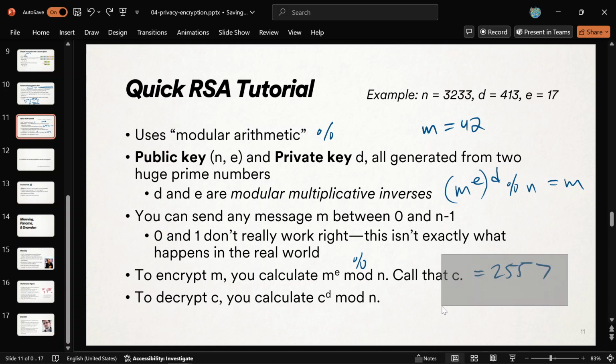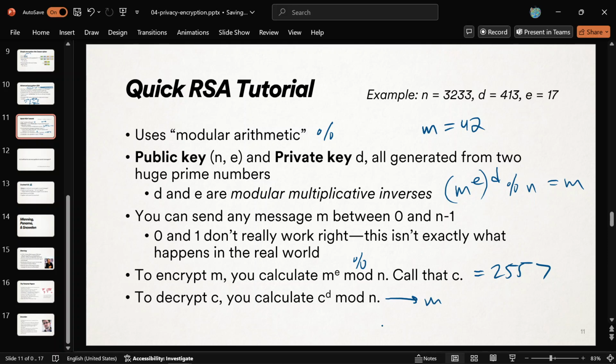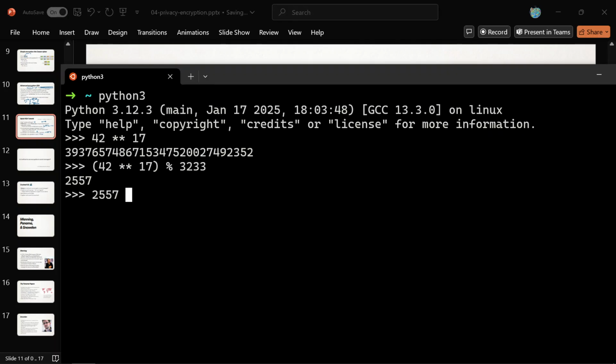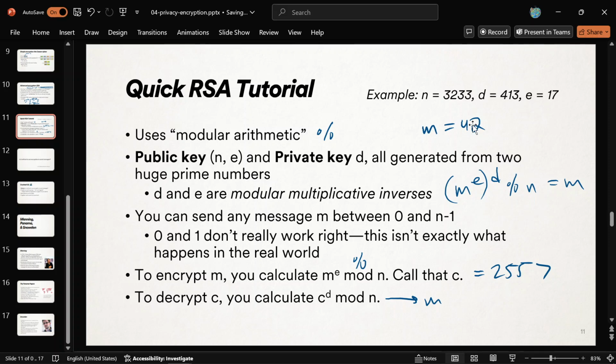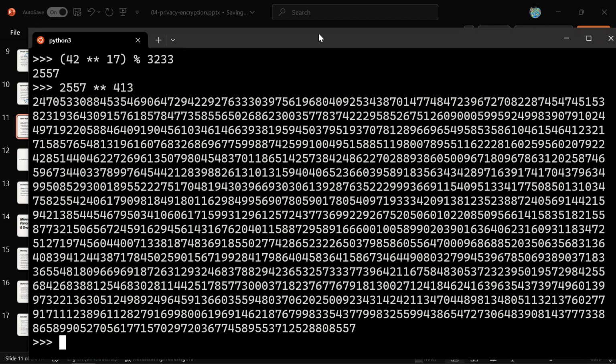That's your encrypted message, and they can unlock it with their private key, which is the number D, right? Because of this property. So to decrypt the ciphertext, you take that number to the power of D, and then you do mod n again to shrink it back down, and magically it'll turn into your original message M. Watch. So take the 2557, and then you calculate it to the power of D, 413, which is that number. All right, huge. And then you shrink it back down with the modulus, mod n, which is 3233, and somehow,